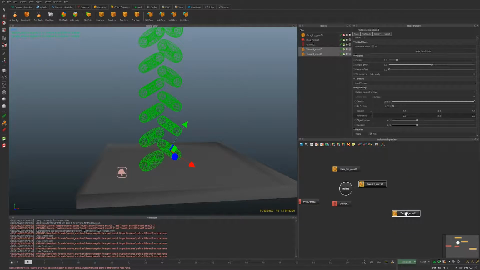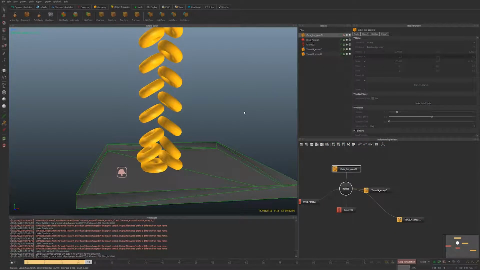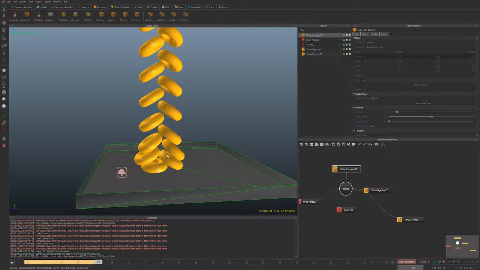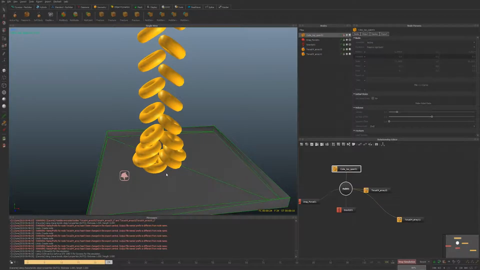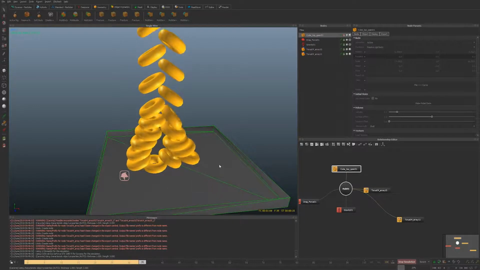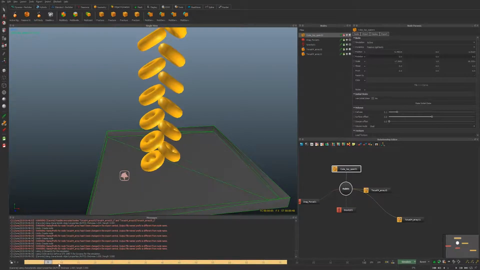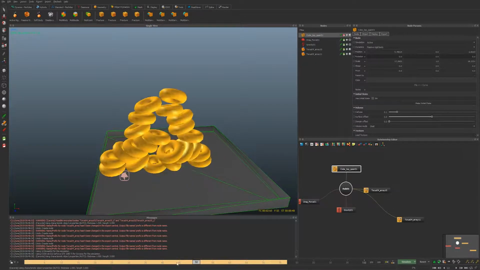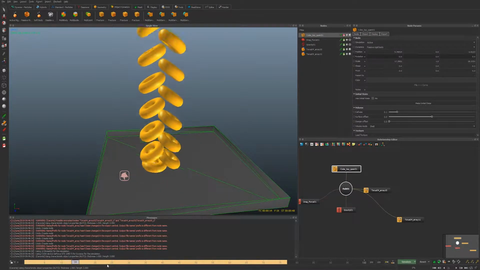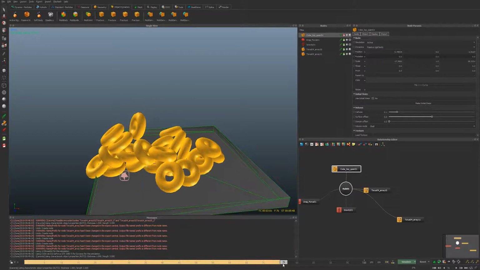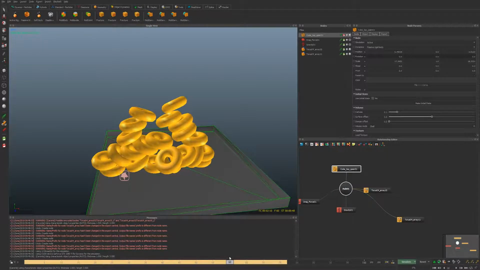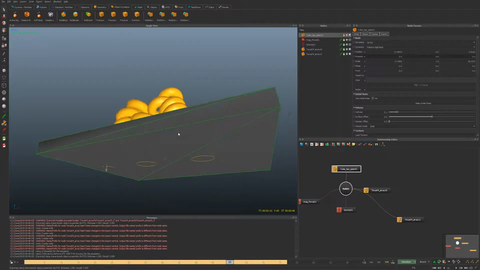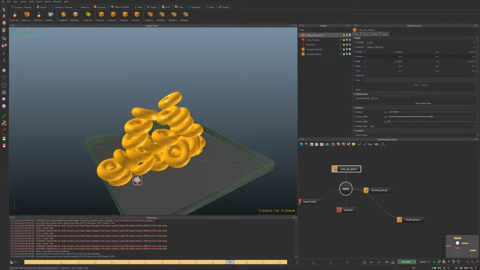And so how sweet is that? You can create a whole bunch of things falling down. So there we go. It's pretty cool. Pretty awesome, I have to say. Easy way of creating multiple, like a stack of coins or poker chips or whatever you will, or dice or